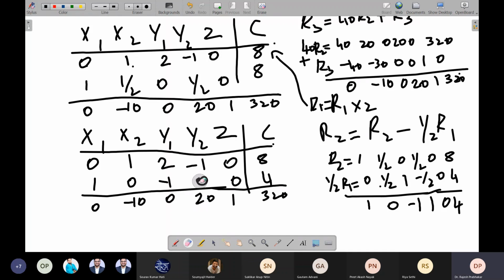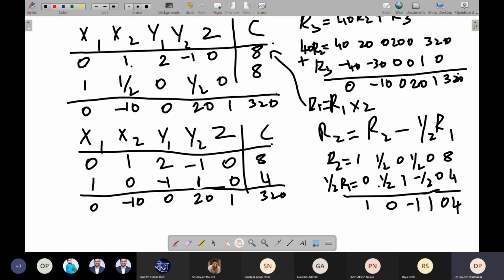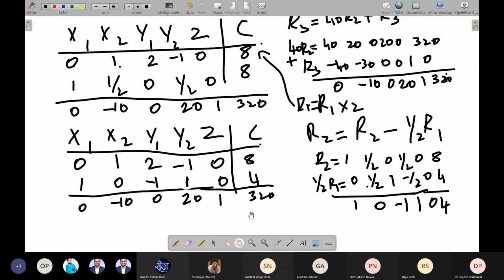So minus 1 and 1. Now, last row also has to become zeros, right? So what should we do? R3 should be equal to R3 plus 10 R1.